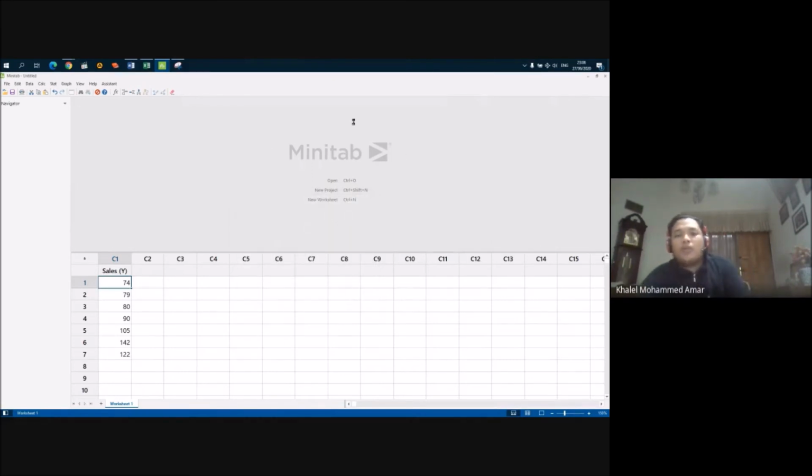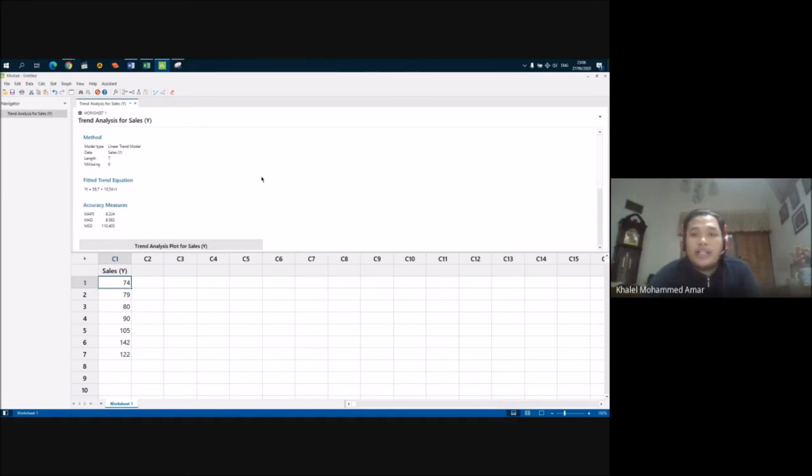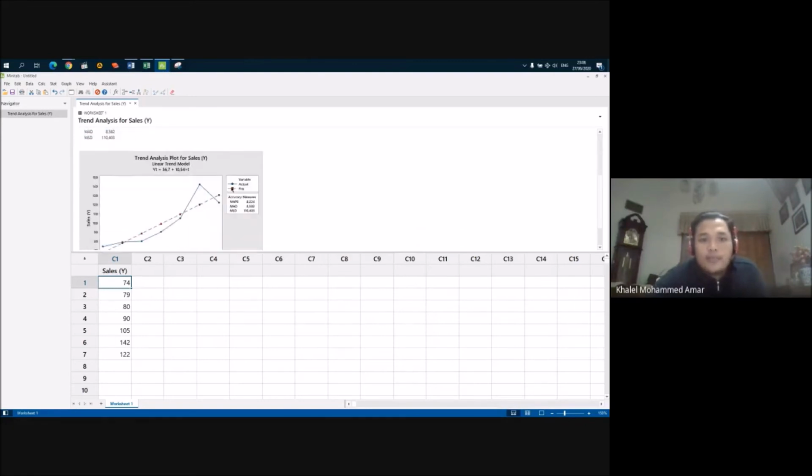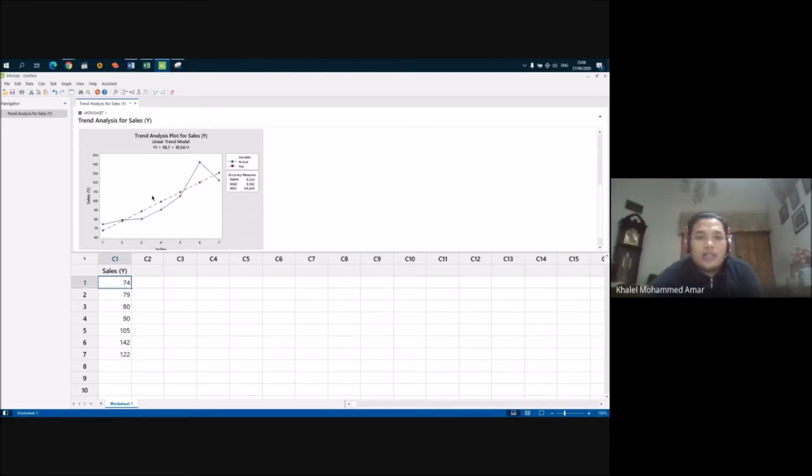The Minitab will process it automatically, and we will get the graphic for the actual data and the trend analysis. The trend is up. The actual data is the blue one. I will copy it to Excel so that we can see it bigger.